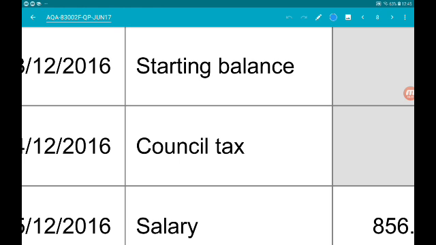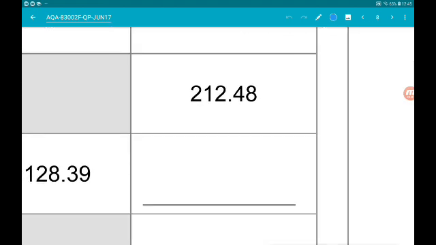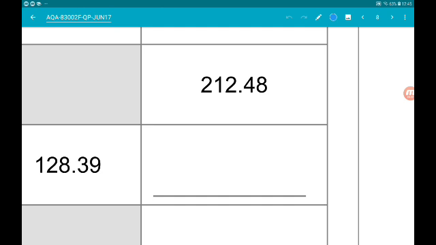So it's council tax, so this is being paid out of the account. So to work out the new balance, we do 212.48 minus 128.39. So that is going to give us £84